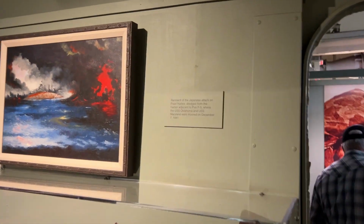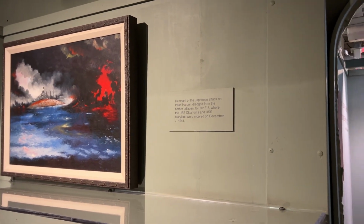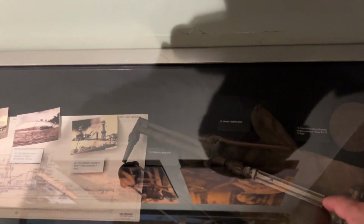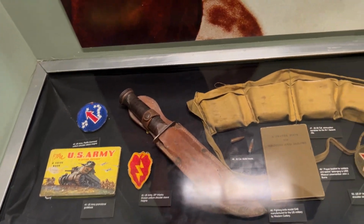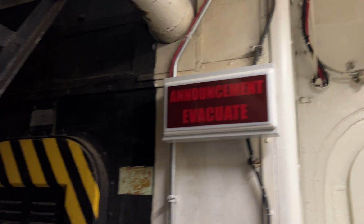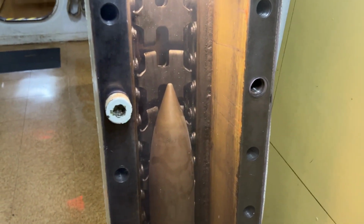Remnant of the Japanese attacking Pearl Harbor, dredged from the harbor adjacent to the Pier F5, where the Oklahoma and Maryland were moored. Neat. Here's a welding torch. Fighting knife, model G46, manufactured for the U.S. military. School announcement, evacuate. This is one of the ammunition hoists, so this is how they actually loaded the guns